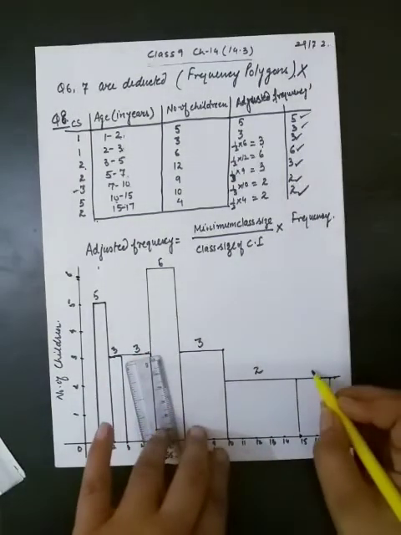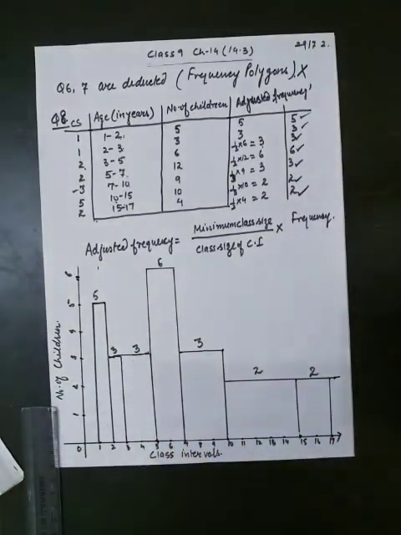This is like this. So this is our histogram for varying class sizes, and previous one were the histograms for the same class sizes. Same question is 9. Again in this question you will check first of all the class size for all classes, and then you will adjust the frequency by using the formula, and then you will plot the histograms. Here your exercise 14.3 is completed, students. Thank you.